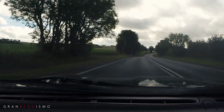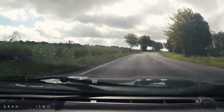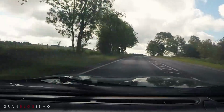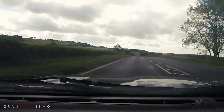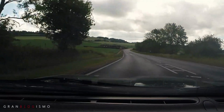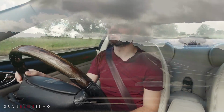I mean, driving along these roads at reasonably high speeds, not obviously legal, so only 60, but you know, it's really a nice car to be in for this kind of motoring. This isn't really suited for narrow B-road blasting. It's more that sort of cruising car, but going on these roads, it really suits the XK8, and it's nimble enough to tackle these long sweeping corners at relatively high speed pretty easily,